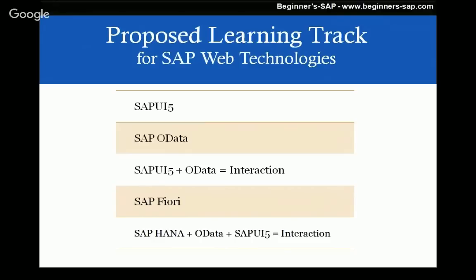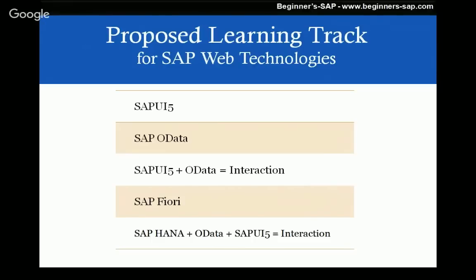First we learn SAP UI5, then we learn OData. We will then learn the interaction between SAP UI5 and OData, meaning how to fetch data from OData in UI5. Next we will learn about Fiori, and finally, once you have learned everything, you will understand SAP HANA, OData, and UI5 interaction end to end.